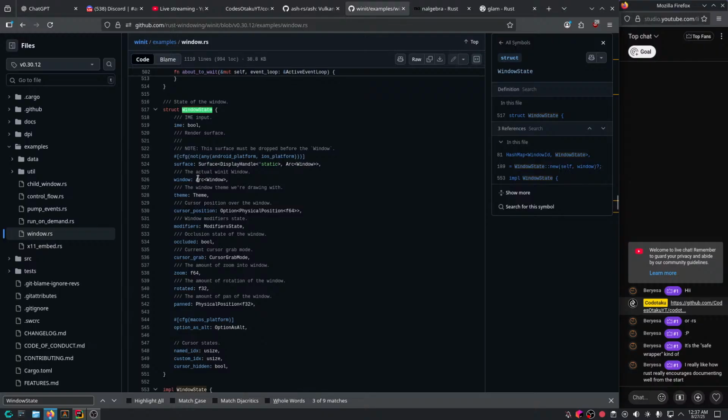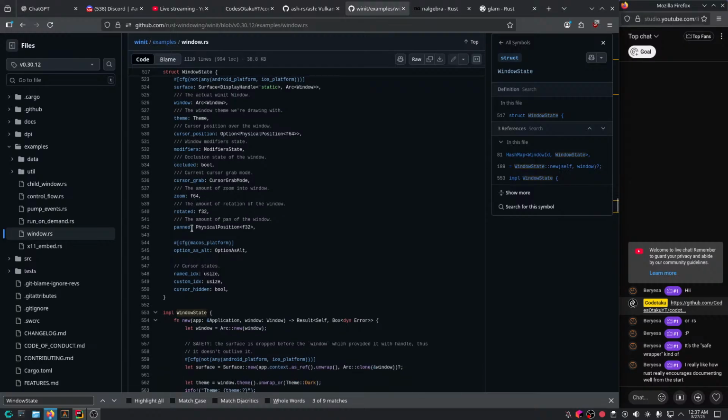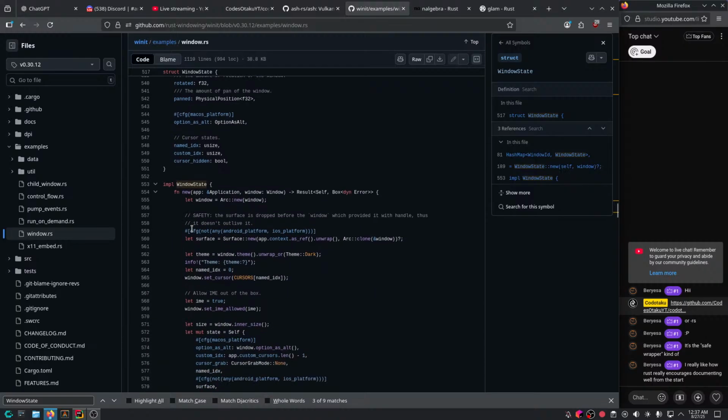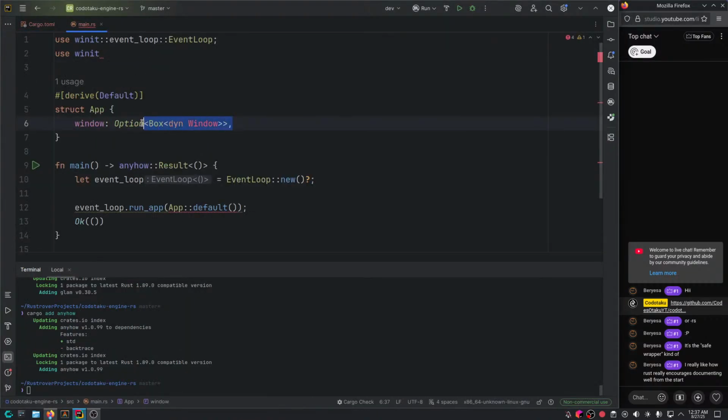So arc window, surface. Interesting. Cursor grab, zoom, rotated, panned. Well, let's see.